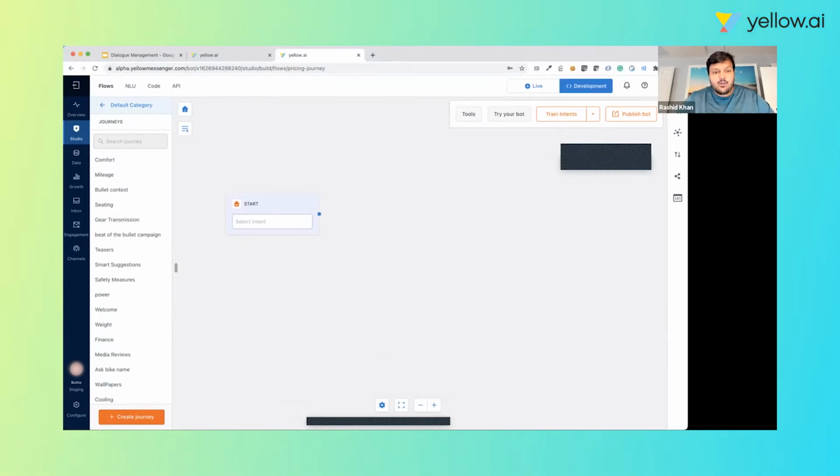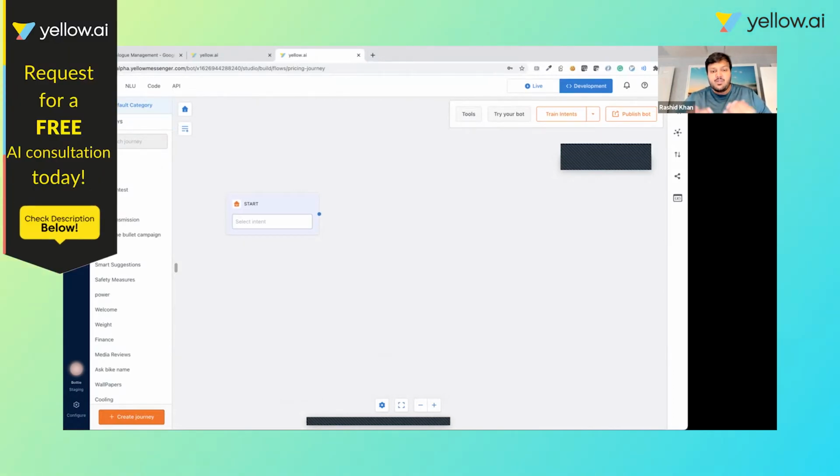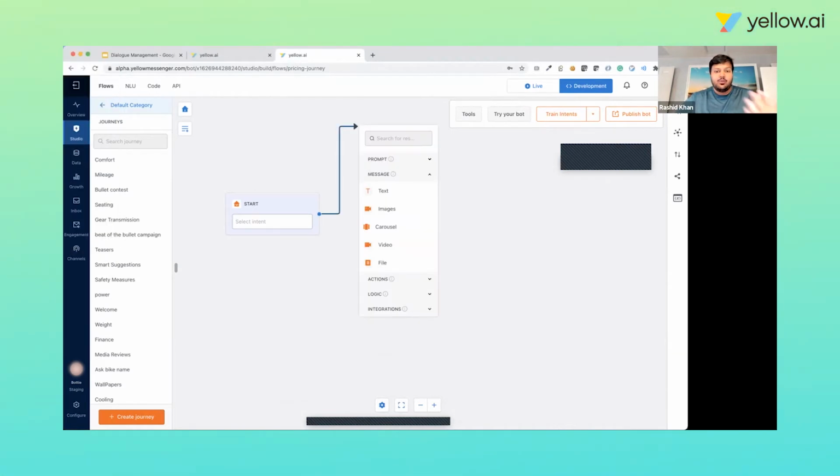It's essentially designed towards non-developers and business users who can build out a majority of their conversational bots through the no code platform. We essentially have gone ahead with the concept of nodes, where each node is super powerful, and there are different types of nodes which can be added.